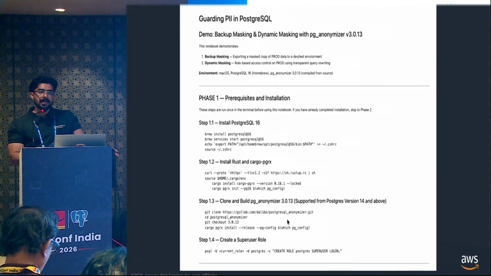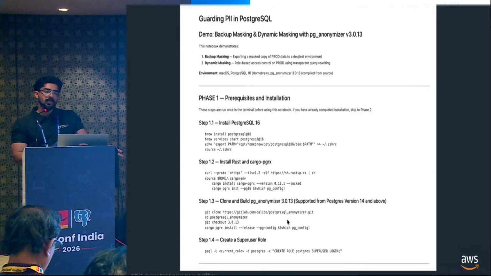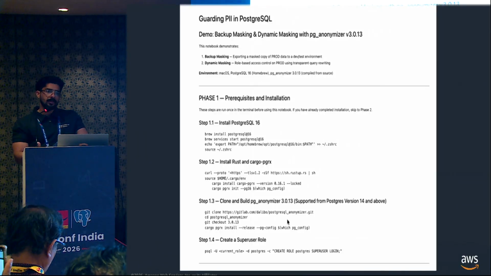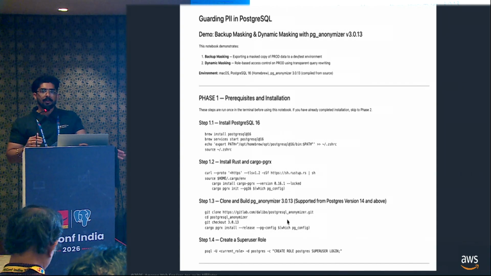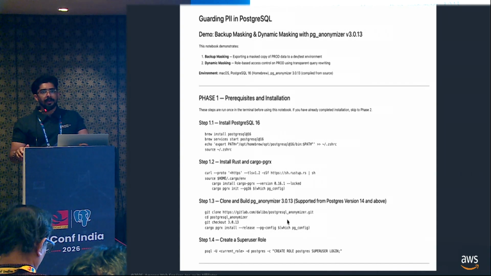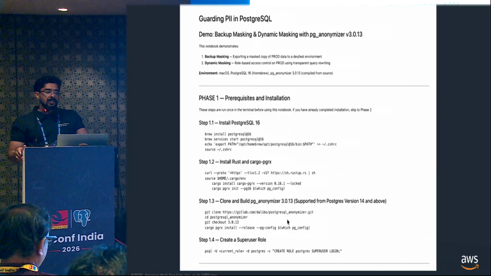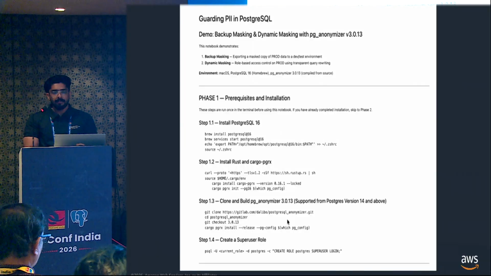One is backup masking, which is very popular and useful in your day-to-day projects where you want to get fresh data from prod for testing, or you want to take a dump from production to your lower environment for your development use cases. So we'll be going over backup masking and how it can be implemented, as well